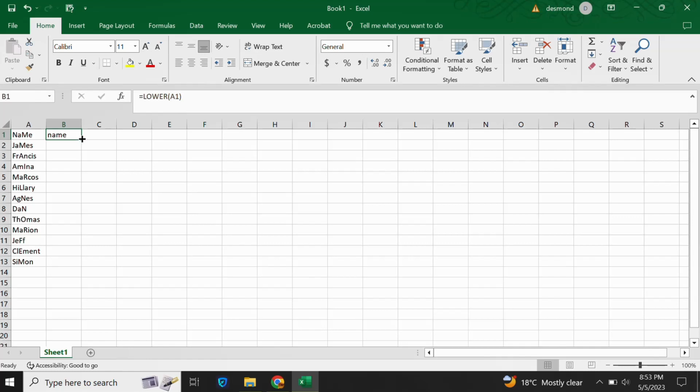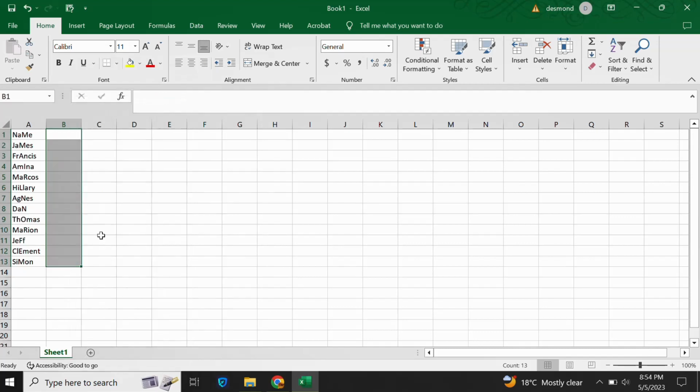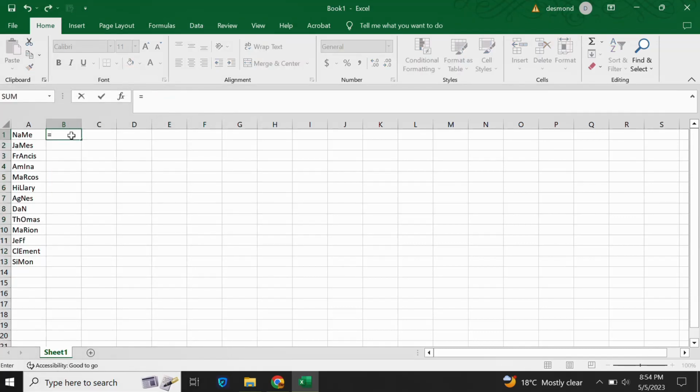To replicate the formula, I'll simply place my cursor at the right bottom corner of this, then drag to the bottom. Then I have my list of names in all the rows in the same case, which is lower. To convert the same list of names into proper case, I'll simply use the formula equals